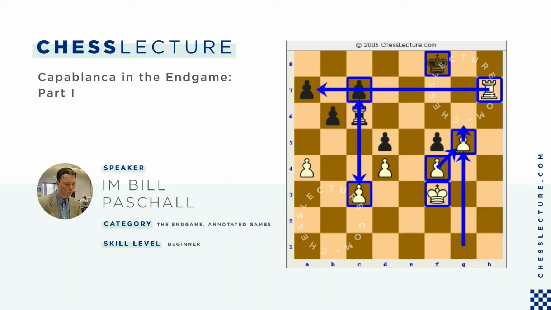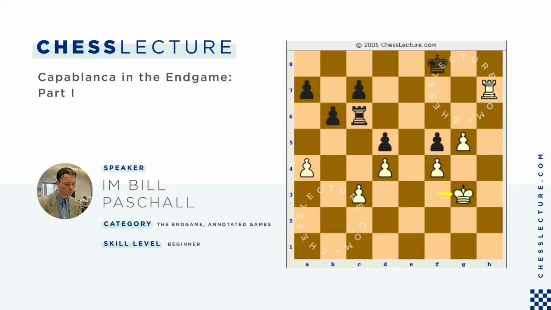So the f5 pawn is very unpleasant for white. It's taking away these great squares that the king would like to go forward. So white's next move is maybe partly forced, but also the beginning of a brilliant plan. King g3. I guess you can't call it too brilliant because the process of elimination might find this move, but